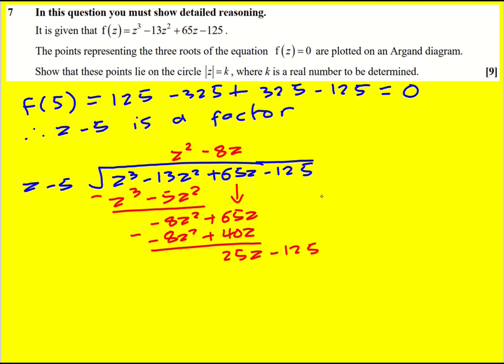25z minus 125 gives us plus 25. Okay, and it checks out. So either z minus 5 is 0, or z squared minus 8z plus 25 is 0. So I'll write that down. So z equals 5, or